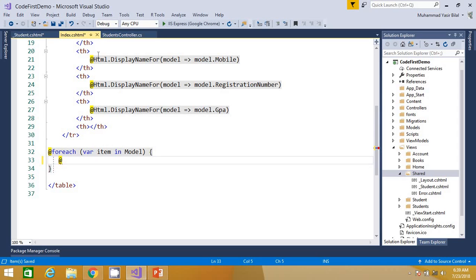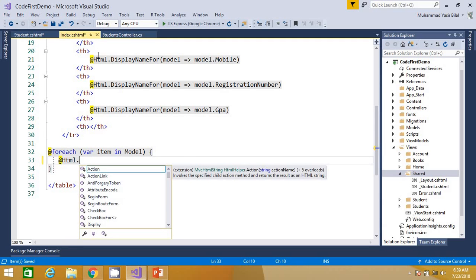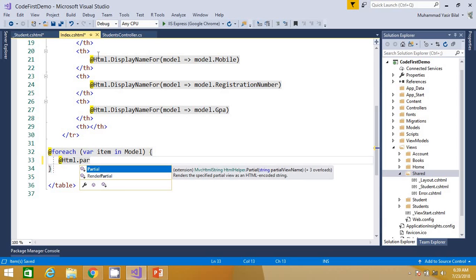So for that we use at sign for Html.Partial, and you can see the IntelliSense renders the specified partial view as an HTML encoded string.